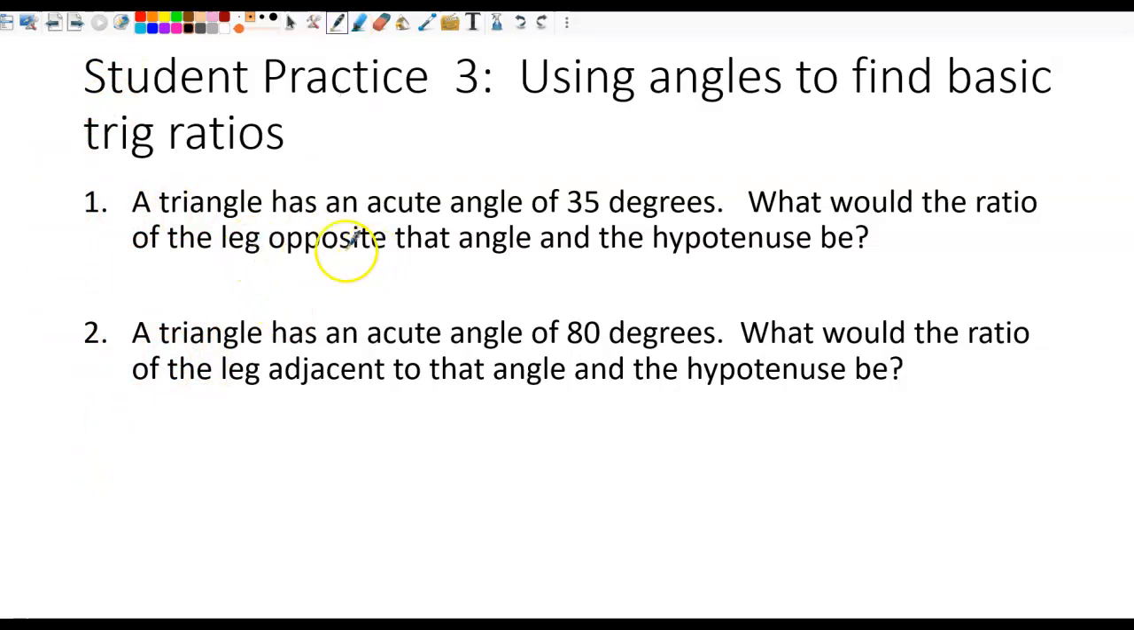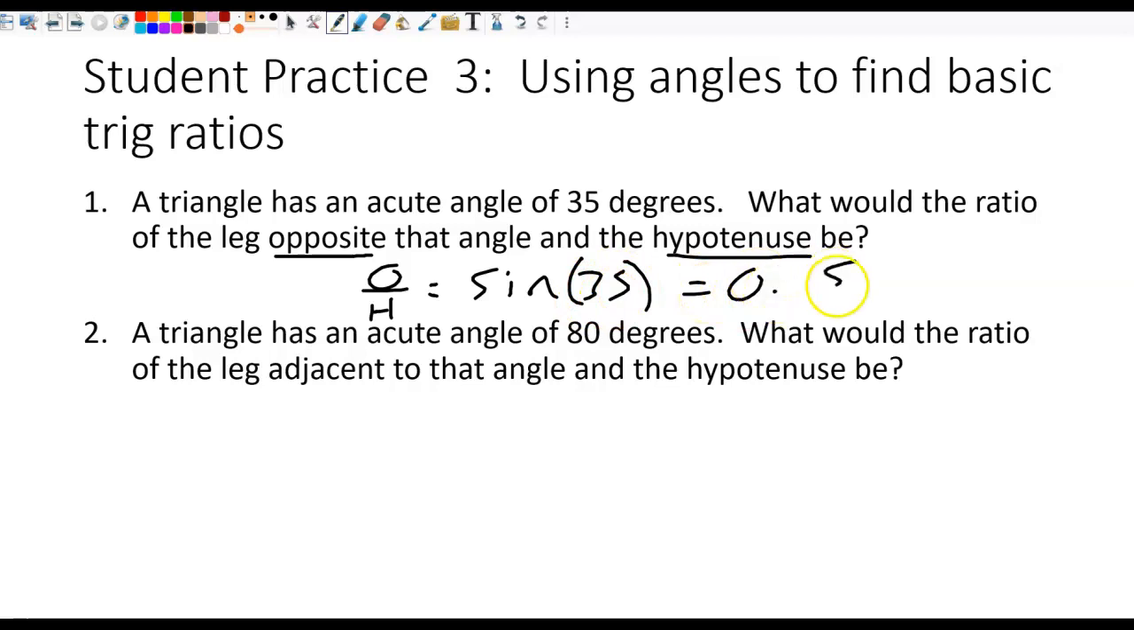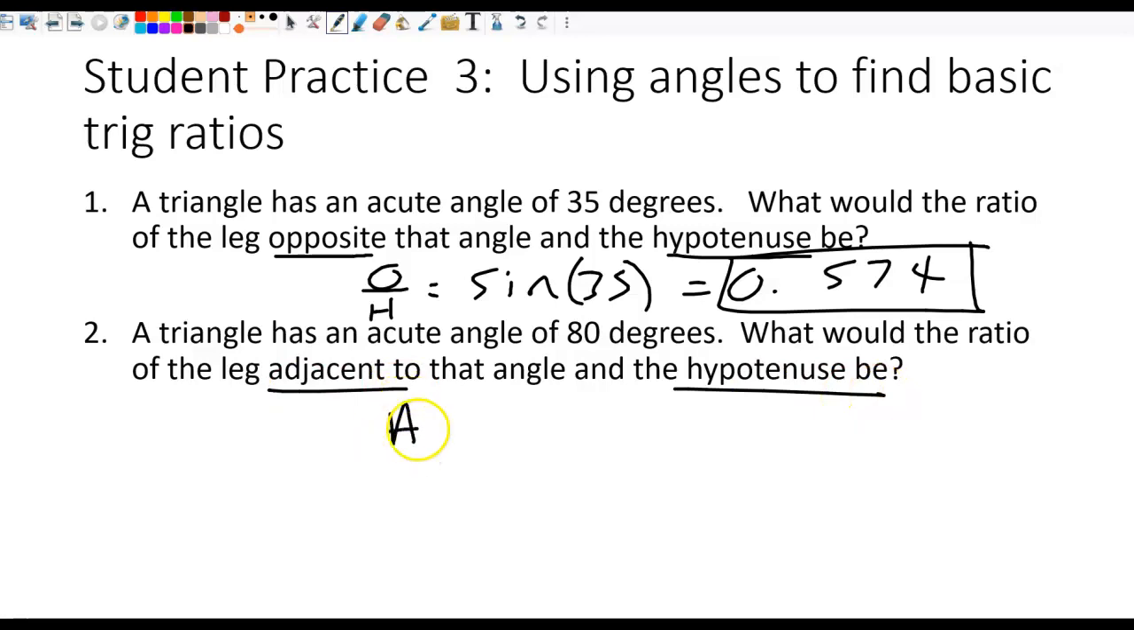All right, so for number 1, we want to find opposite over hypotenuse, which is sine, and the angle we're working with is 35. Punching that into our calculator, we should have gotten 0.574 approximately. I'm rounding up in that thousandths place. The next one, adjacent and hypotenuse, that is cosine, and the angle is 80. Punching that into our calculator, you should have gotten